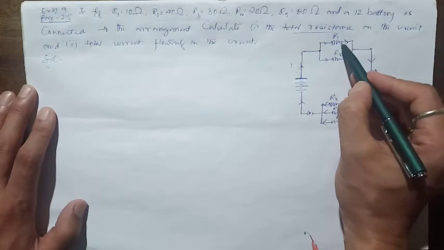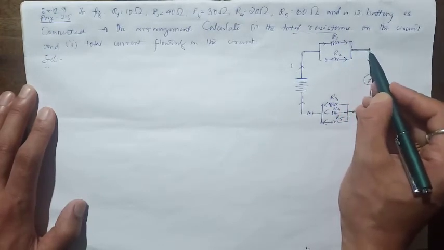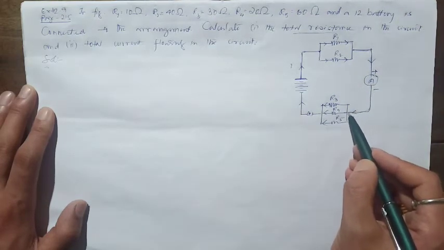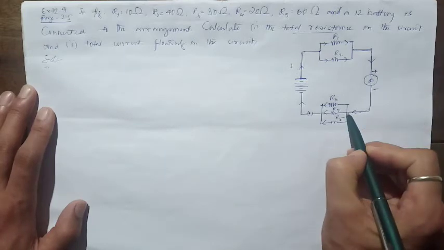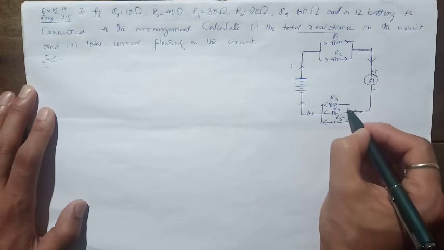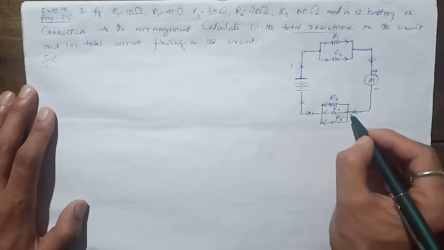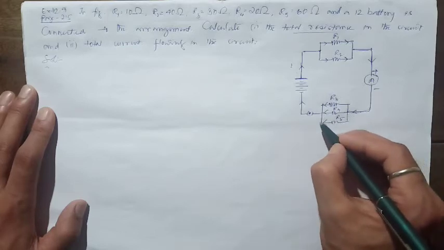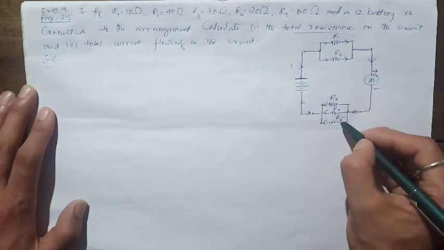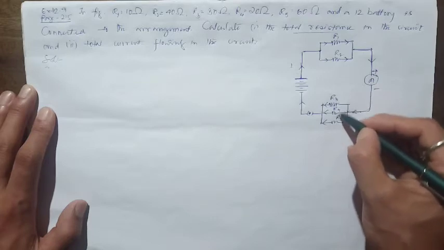Now, let's move on. Now, this current will go, and at this point, again, these two currents combine to make the total current. This total current flows, and at this point again, the current divides. This time the current divides into 3 different arms. A fraction of the current flows through this arm, another fraction of the current flows through this arm, and the remaining current flows through this arm. Now again, students, you can see through these resistors also, the current flowing is different. It means these 3 resistors are also connected in parallel.